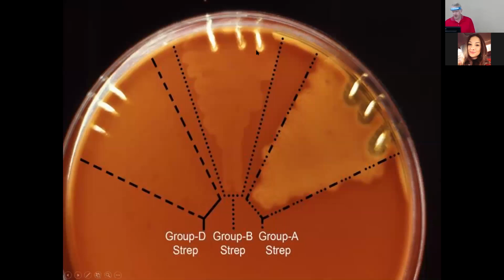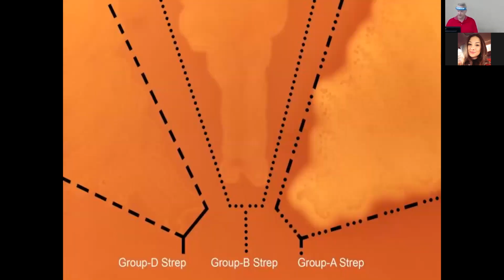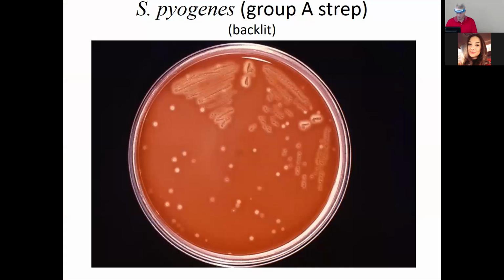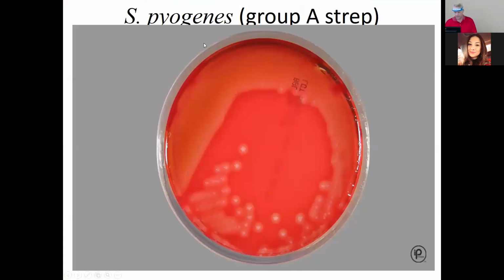So you see the stabs up here. This is the group A showing a large hemolysis. Group B in the middle showing less hemolysis. And then group D over here showing no hemolysis or very little at all. So you're like, well, how can you tell if that's beta, that's alpha, but it's clearing. So beta clears, okay? And clearing, a little closer, is here. So this is strep pyogenes, group A strep,